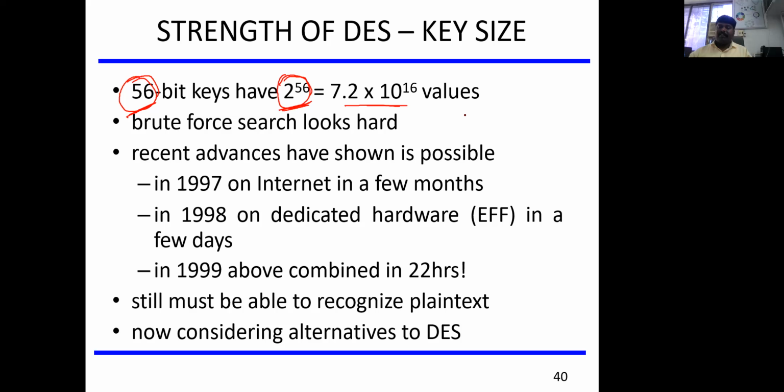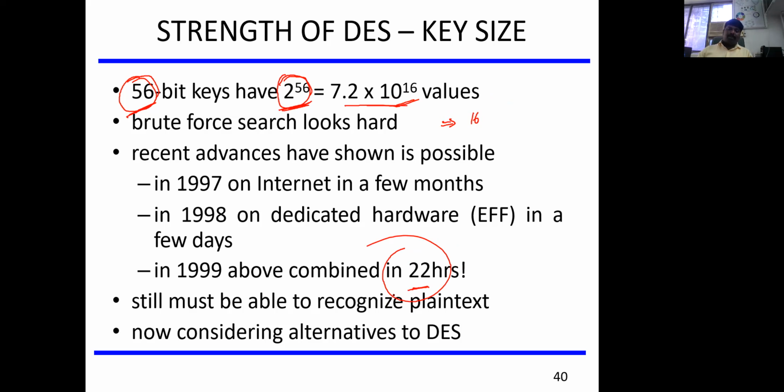But when we consider the entire process, with a total of 16 rounds, I have mentioned it here as 10 power 16. So this much time is required to crack the password or the key, which obviously requires more than 24 hours.